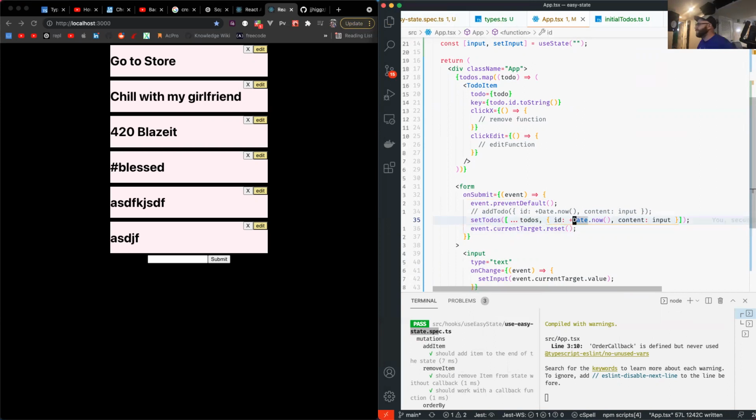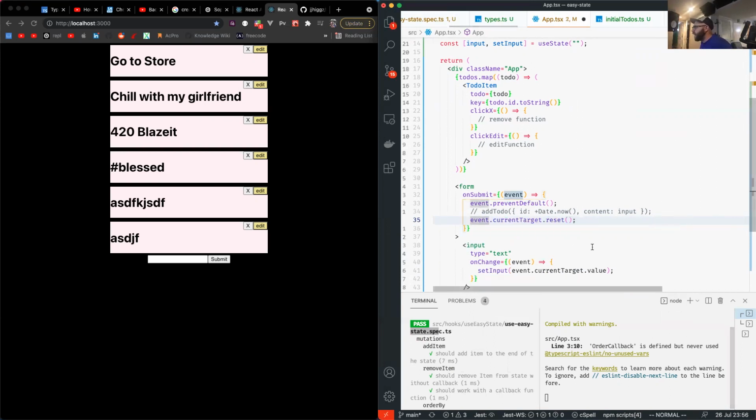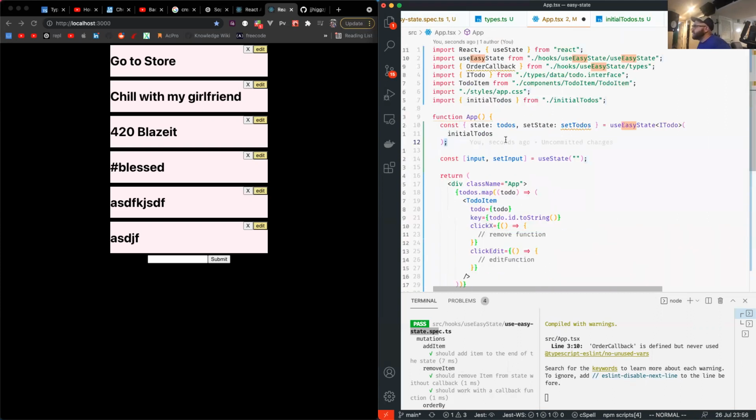We effectively just created a set state token, and there's a wrapper around it. But let's go ahead and make it a little bit more concise. We're going to import the add state feature that the useEasyState has. So now we don't really need this set state anymore. And instead, what we're going to do is add item to state as add